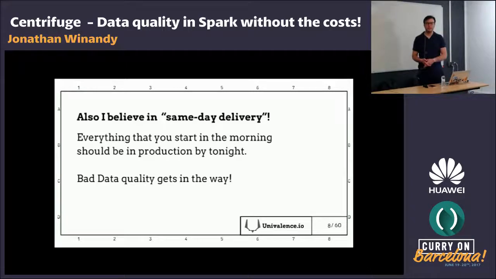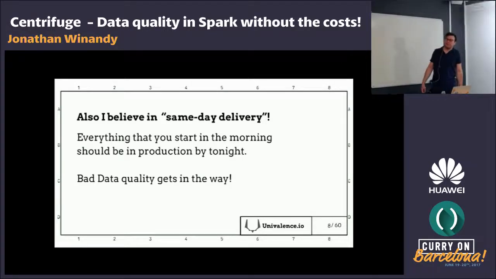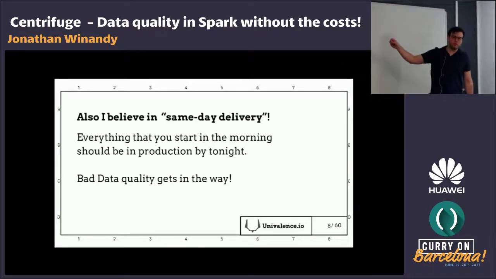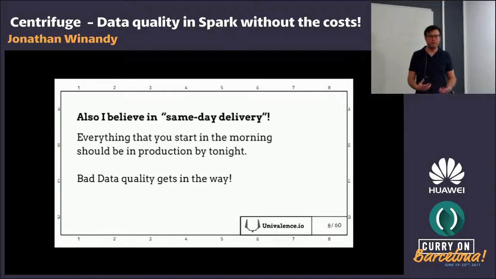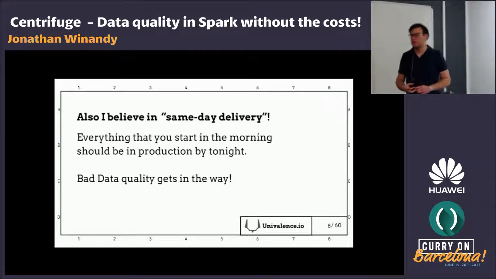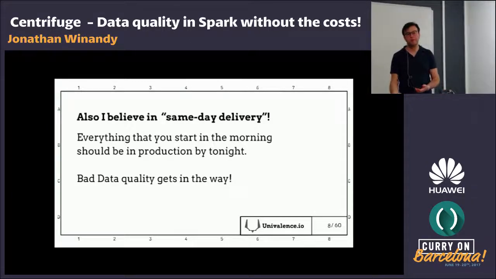It's a bit challenging, counterintuitive, and runs against a lot of the last known best practices. But this is something we can do thanks to distributed systems and the fact that we can manage failure more easily than before. So this is doable, but the thing is that bad data gets in the way. You release something, but it's not good, and it doesn't depend on what you do. It depends on something else.